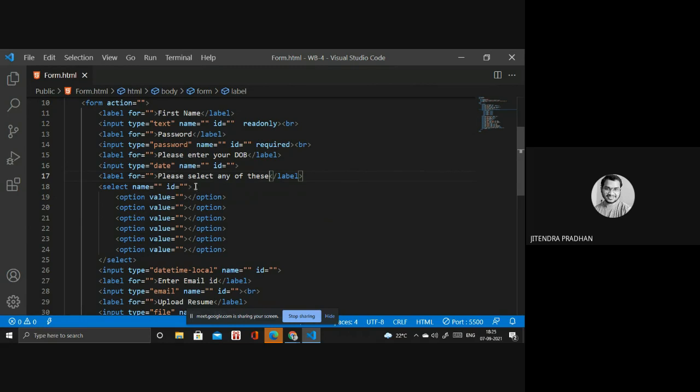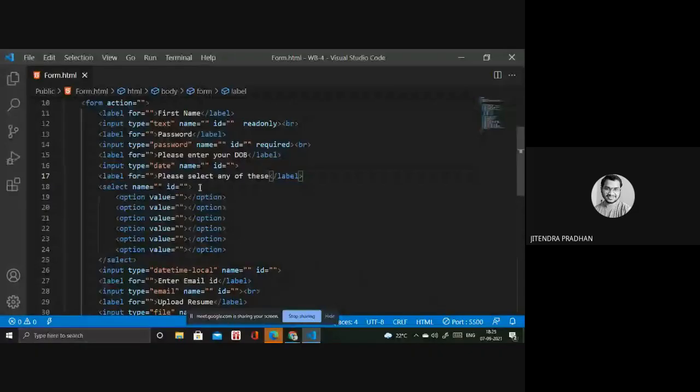ID is better, like I told you about class, what is class and how we can color, font style, whatever we require. Then I need to write.